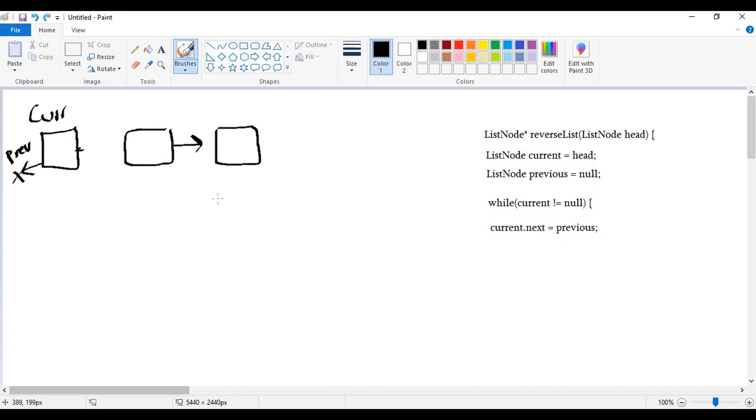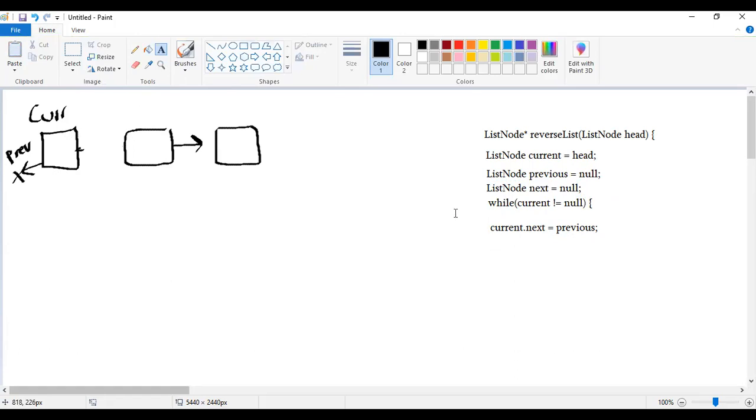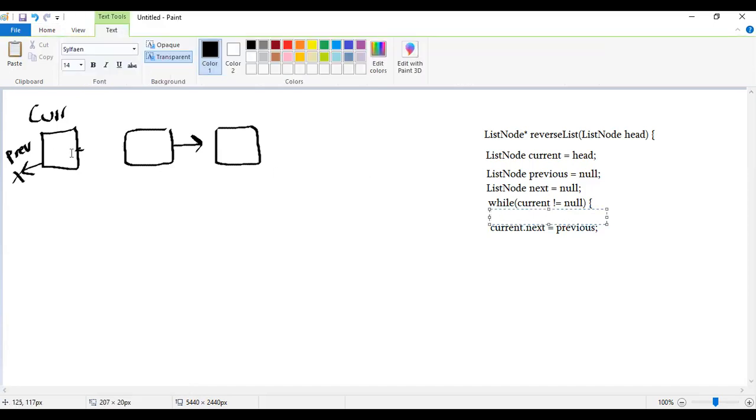line, or the next object in line, by creating a reference that will hold a sort of an attachment to the next node. So what we do is we begin by, we recognize this, and we essentially create another reference called next, which will be responsible for containing the next node in line. And we set that equal to null. And then on each and every iteration, since next is going to be something different each time, we say before we switch what current is, before we take current's hand and attach it to previous, what we're going to do is we're just going to say that